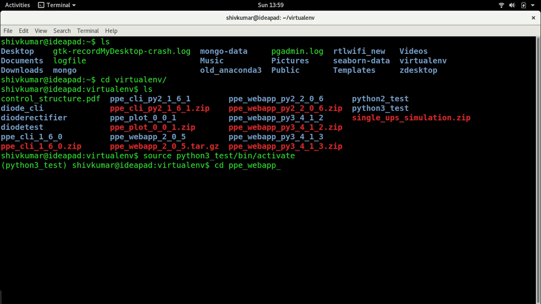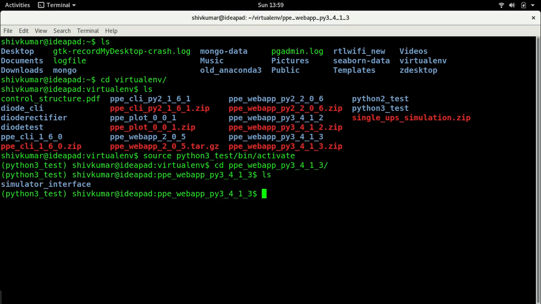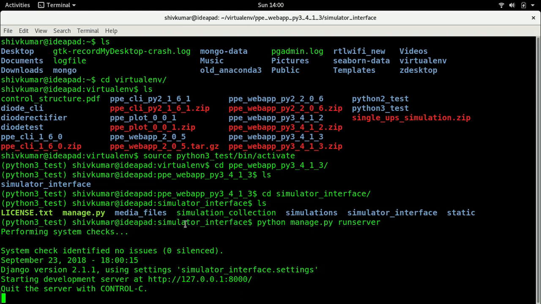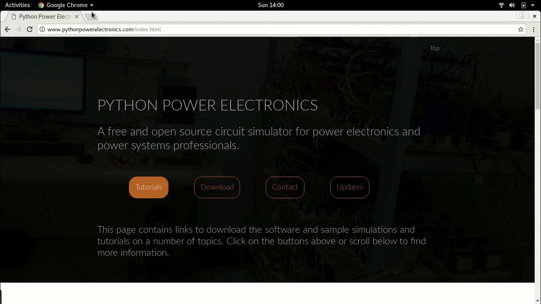Now, once I'm in this, I have already done the make migration and the migrate, and I've also copied the simulation collection from the previous simulation, which was Python 2, and it'll work, no problem. So all I have to do is launch the circuit simulator. The simulator is working, that's what it shows. There are no issues. All I have to do is go over to my Google Chrome,